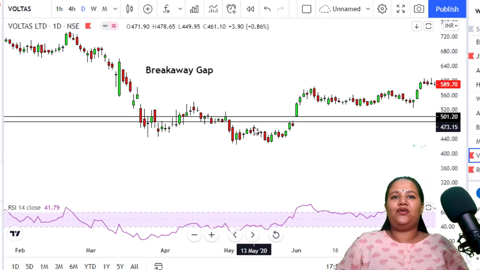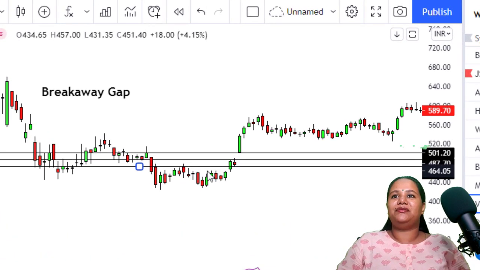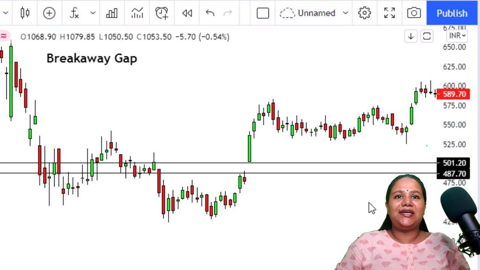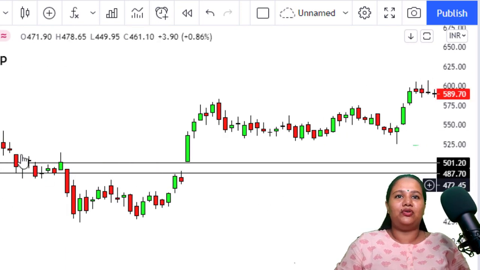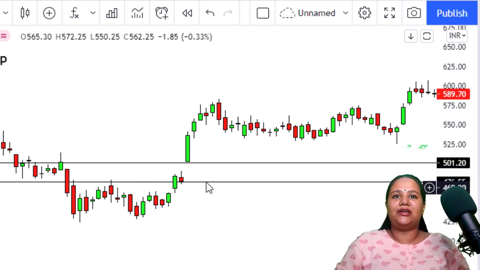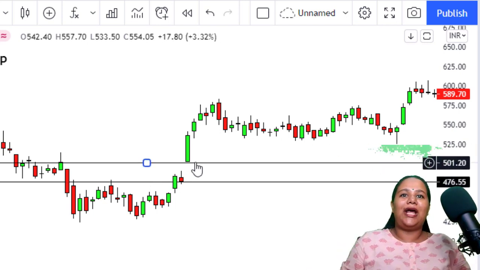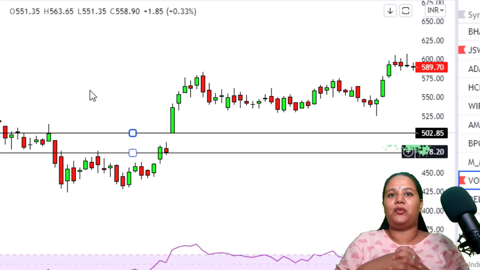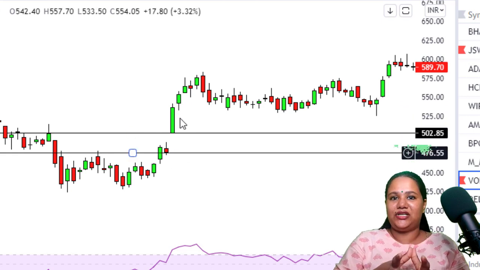So friends, as you can see over here, this is a double bottom pattern, friends. This is the resistance which it was not able to break. Over here you can see there is a gap which has been formed, and the previous day the market closes somewhere around here, right? So this is where the market closes at 476, okay, and what happens the next day? Opens at 502. So there is once again a 25-point gap. But look at the significance of this gap.